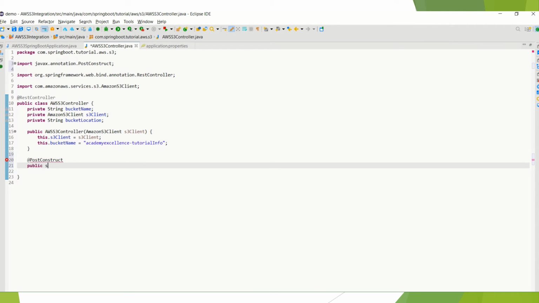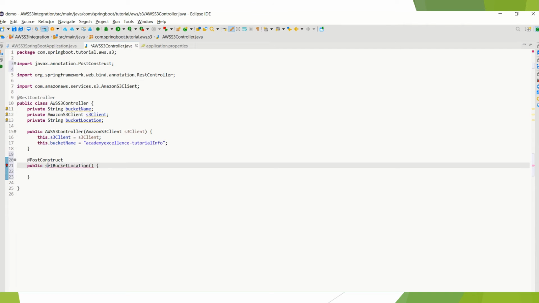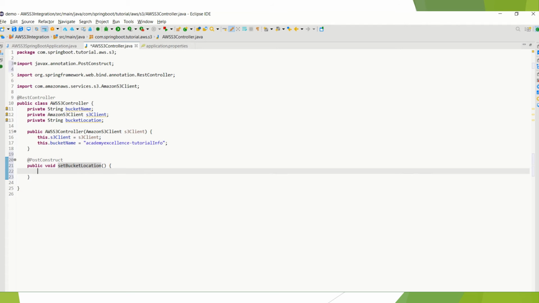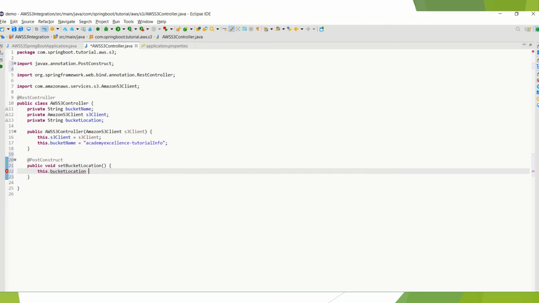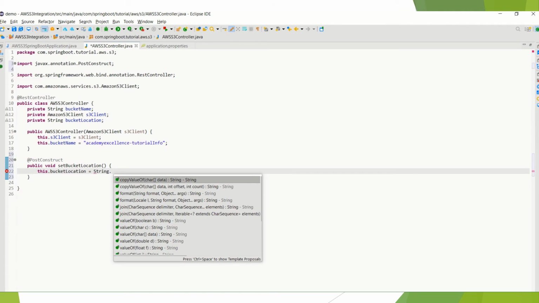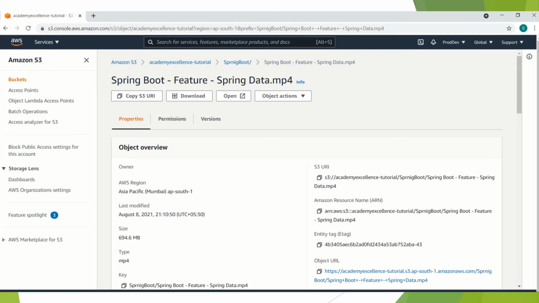Public set bucket location. Now we have to do this.bucketLocation equals String.format. We have to format the bucket location in the same format which we checked.